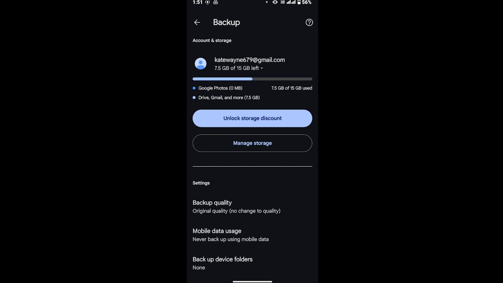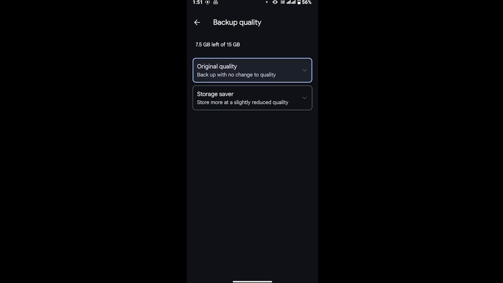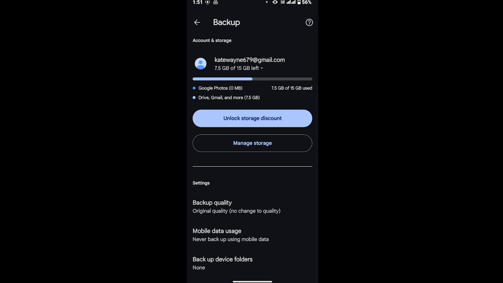You will be able to see backup quality. Tap on backup quality and in here you will be able to see your backup quality such as original quality or storage saver quality. In storage saver, your quality will be slightly reduced in order to store more data. Once you're done with this, again hit back and then the next option you will find is that mobile data